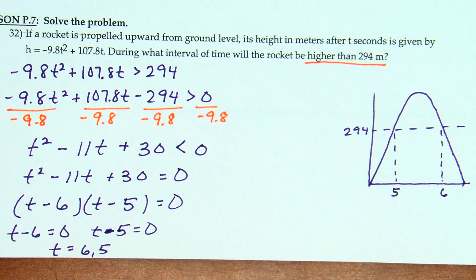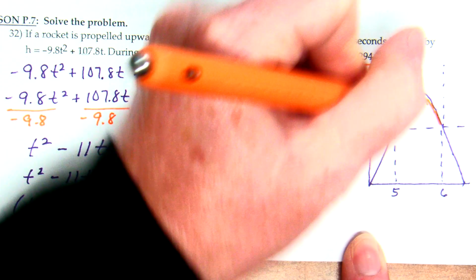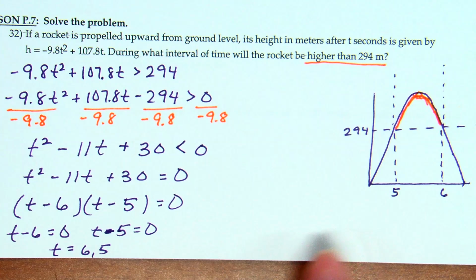So with that in mind, when is the rocket higher than 294 meters? Yeah, between 5 and 6, right? We're talking about this section right here. It's higher than 294 up here, which is past 5 seconds before 6 seconds. So really it's just up there 1 second. But